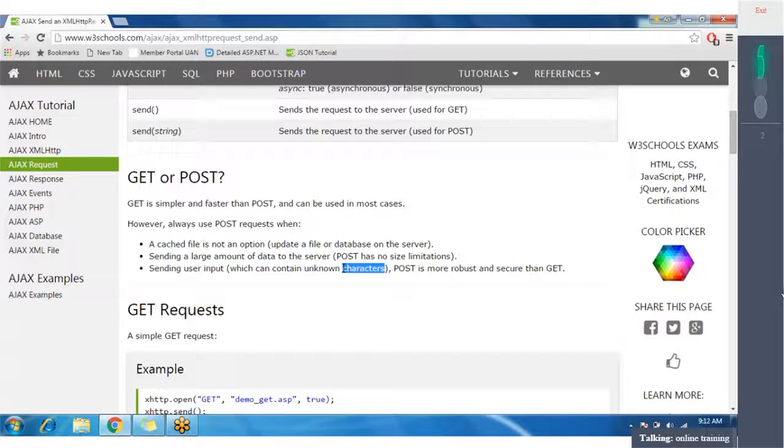In that case, you should not use the get method; you should better use the post method. Also, the post method is more robust and secure than the get method, as we already knew.